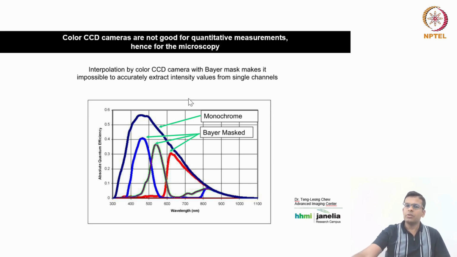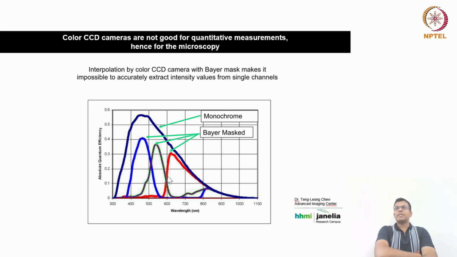Okay, so if you capture the monochromatic image for each color, then you can actually quantify their intensities. But if you produce the color image with the Bayer mask, then the individual fluorescence intensities cannot be quantified with accuracy. Okay, and that's why our purpose is the quantification, not only the good visualization. And that's why we use the monochromatic camera, and also we take the image